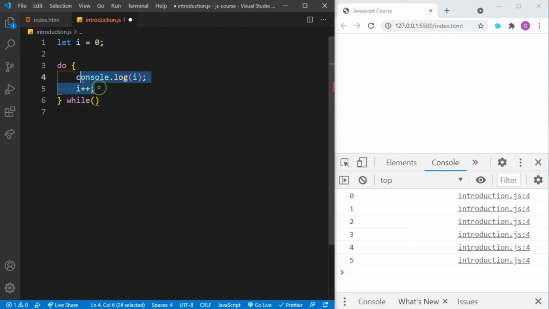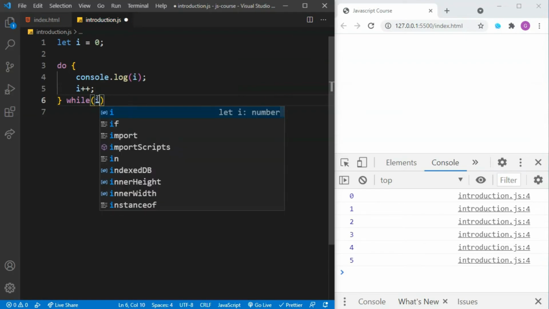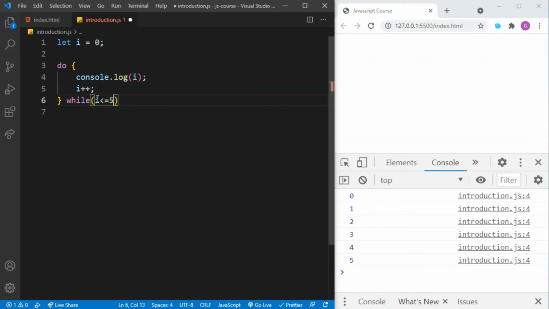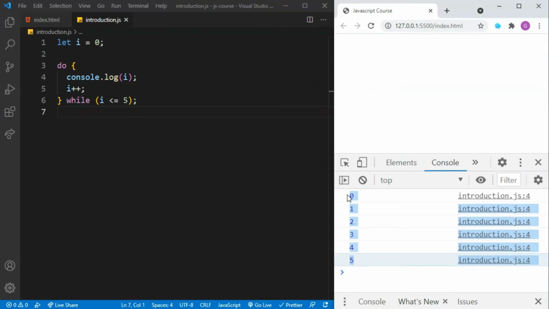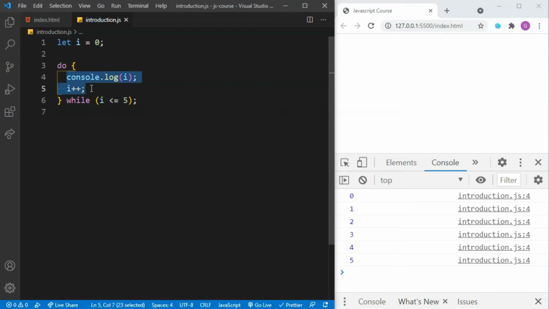It's just going to execute this piece of code until this condition is actually false. As you can see here, we get the same result, right? It's going to execute this piece of code until the condition from here becomes false. That's how do while loops actually work.